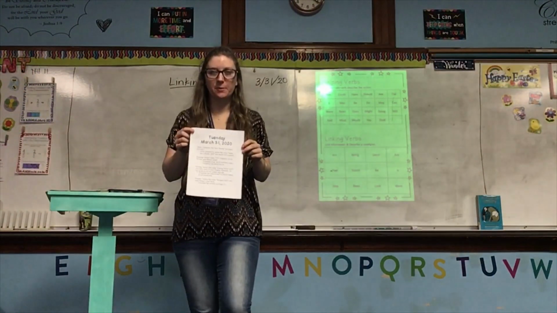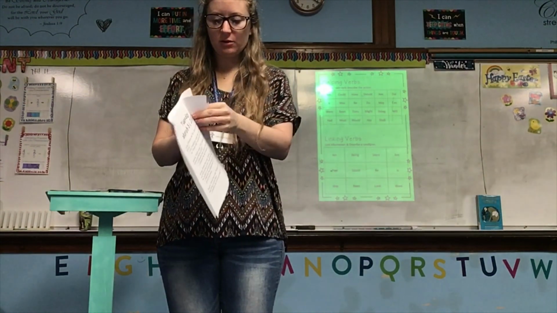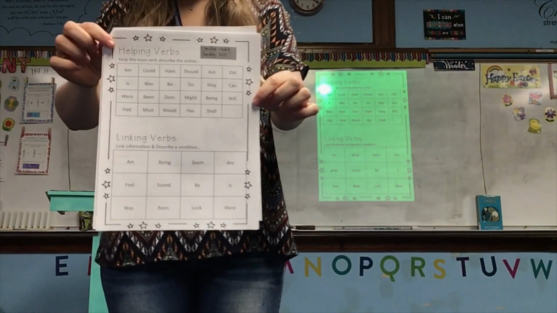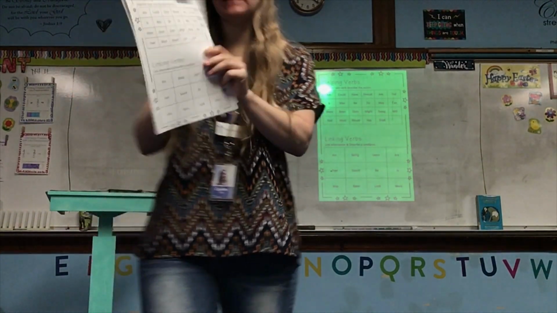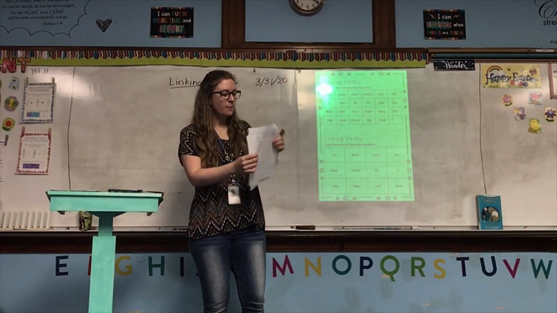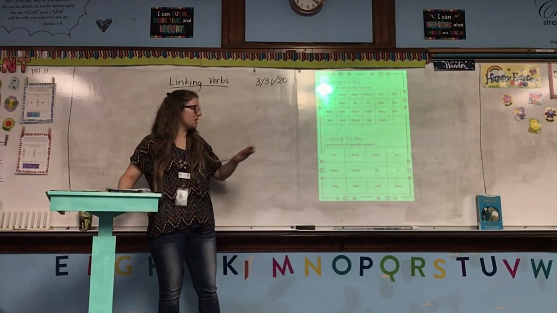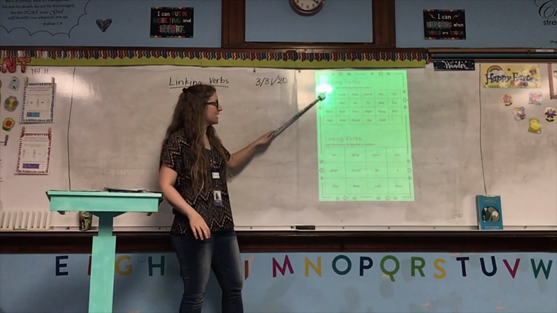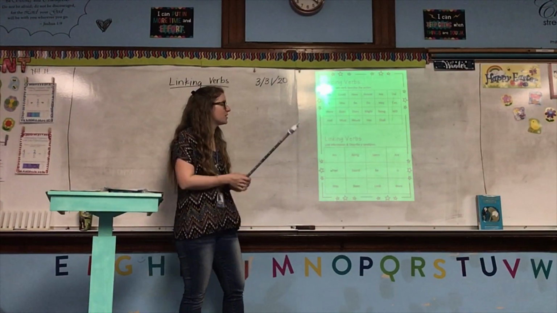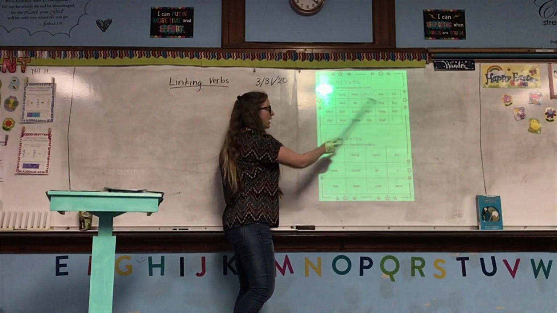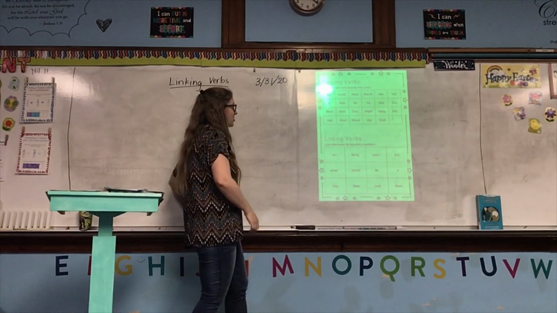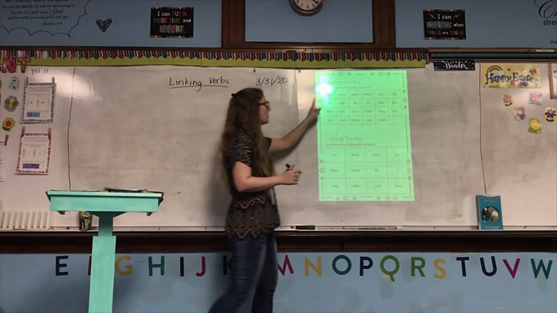Okay, go ahead and open up your packet and look at the sheet, the anchor chart that looks like this, where we have a list of helping verbs and a list of linking verbs. Now, these are not every single helping and linking verb, but we can see at the top, under helping verbs, it tells us what they are. A helping verb helps the main verb describe the action. That means any of these, in order to be a helping verb, have to be followed by an action verb. Okay? So they always